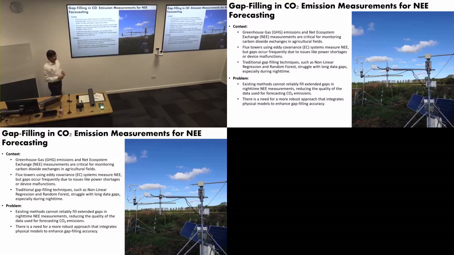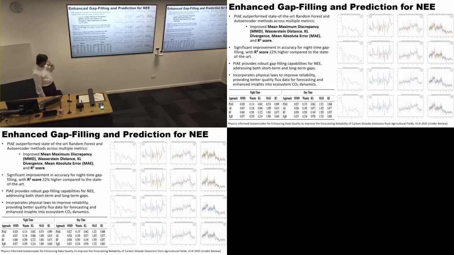In one of the slides, I will show how we can use even physics to validate the accuracy of the data that we are generating, because if there are simulation models or mathematical principles telling how NEE should be measured during the day and night, but our sensor is not telling the same thing. So this is one of the papers that we are trying to produce. This is the paper that we just submitted to ICLR actually.